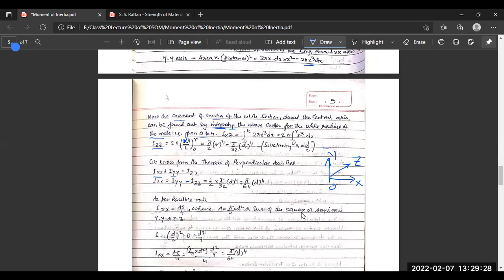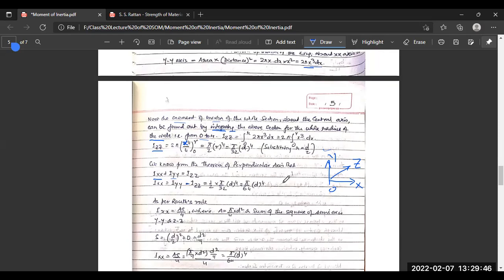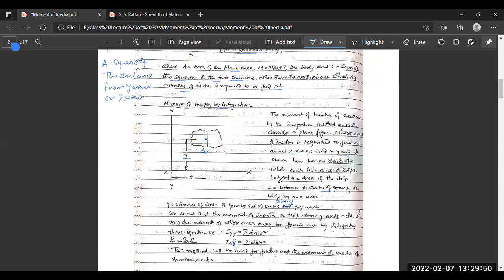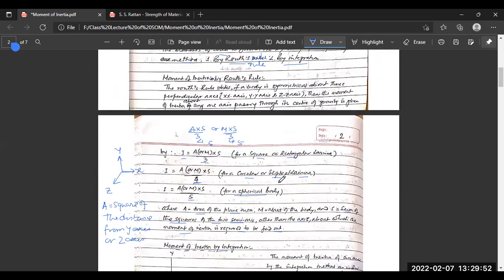for a circle. A is the cross-sectional area of the circle, pi by 4 d square, and S is defined as the sum of the squares of the semi-axes yy and zz. So what we have seen in Rao's rule here, let us just repeat it a bit. Moment of inertia as per Rao's rule, for a circular or elliptical section, is the cross-sectional